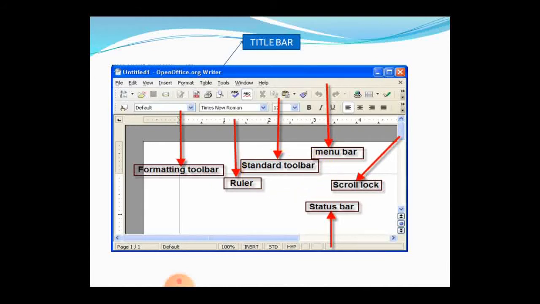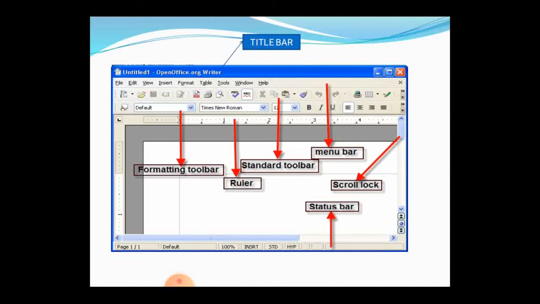Next to the menu bar come the most commonly used tools, like copying, saving, zooming, corrections, highlighting. All these options are called the standard toolbar. Standard tools will be placed in this section called the standard toolbar.